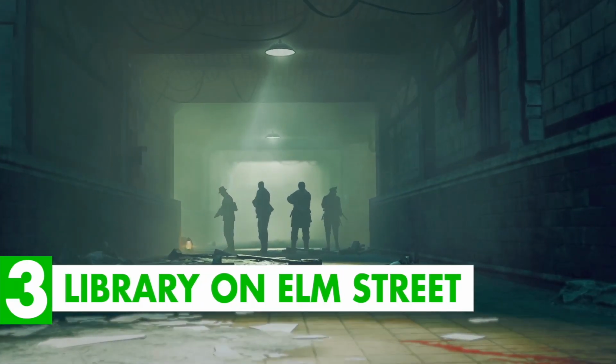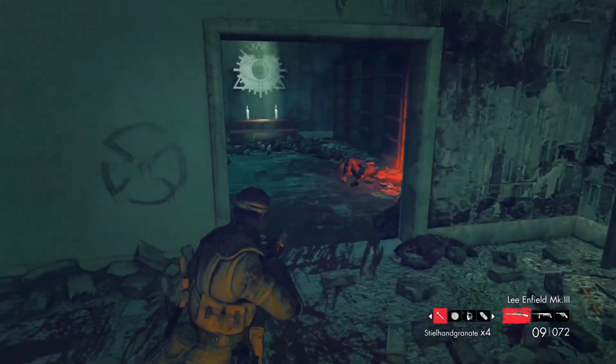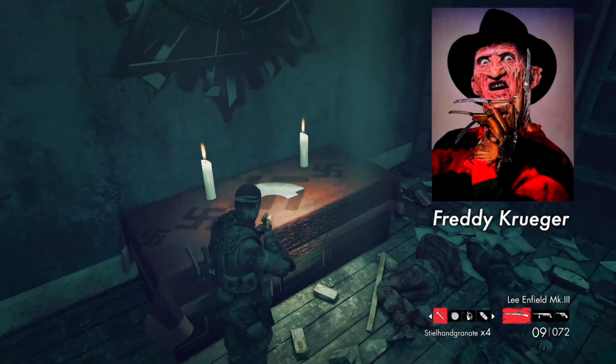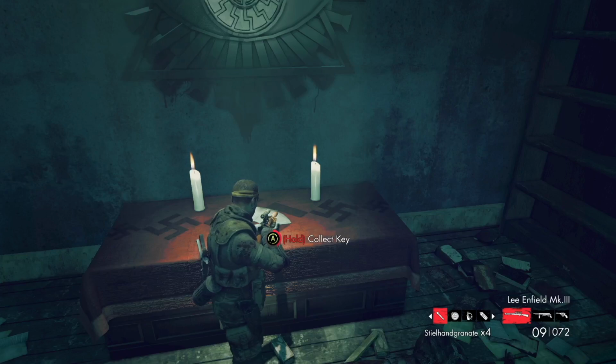Number 3, Library on Elm Street. Speaking of not sleeping, there is a reference to everybody's favorite dream demon, Freddy Krueger. In the mission Library of Evil, you'll be tasked with gathering 4 keys to open the library. Each time you grab one, a